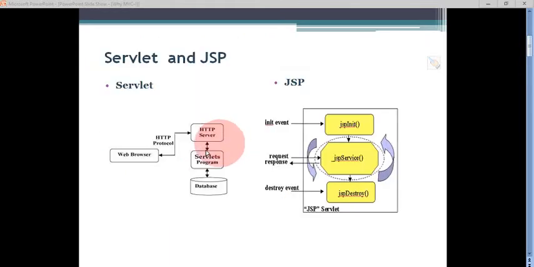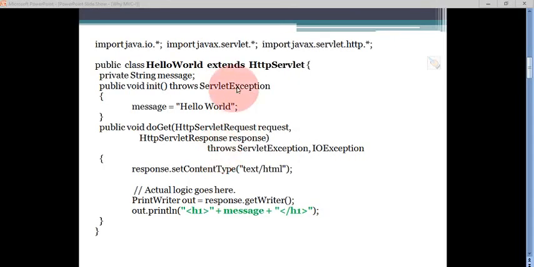Whenever the request is forwarded to this servlet, it is the responsibility of the servlet to generate the HTML content or to generate the page to the web browser. So the responsibility of this servlet is to perform all the domain logic, or all the logic to solve the domain problems. If required, it can also communicate with the database, and also it has to generate the HTML contents to the client. As you can see here, all the code has meshed up.